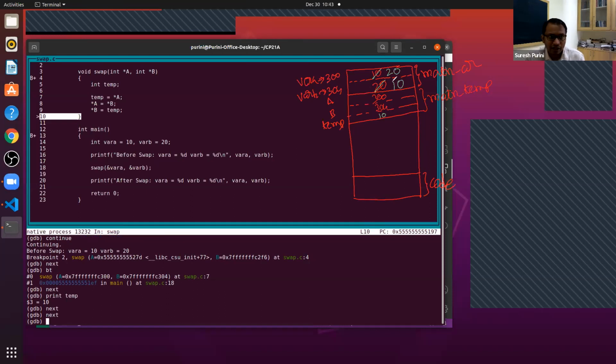The interesting thing is the function swap doesn't have a return value, but it has side effects. Just because it doesn't have a return value, it doesn't mean it's not doing anything. It has side effects.